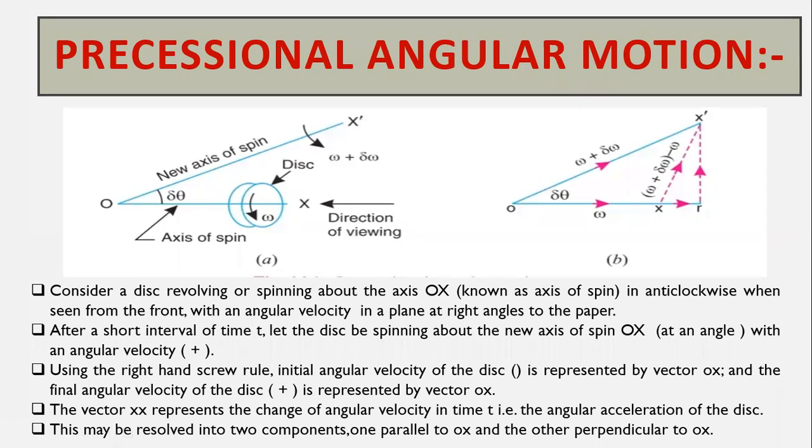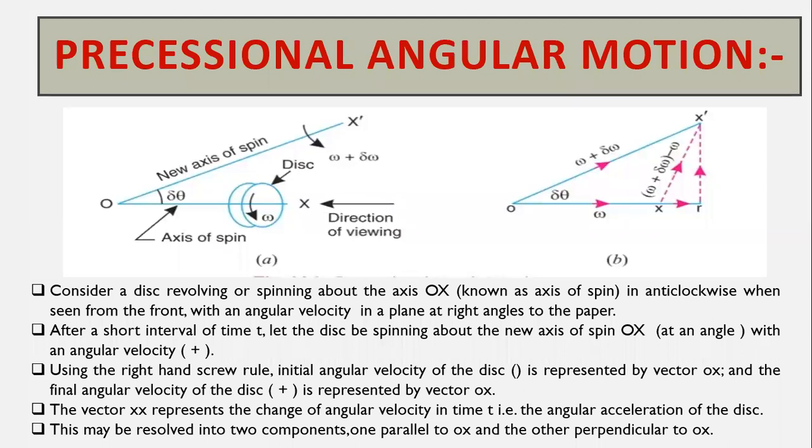So there you can see it in the anti-clockwise direction, but if you view it from the left side, you can see it in the clockwise direction. So that is the basic difference seen from the two modules, that is the left side and the right side. So when coming from the new axis of spin, it obtains a force called reactive force.